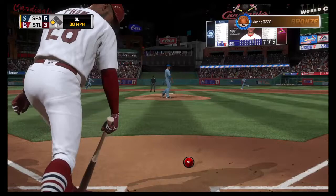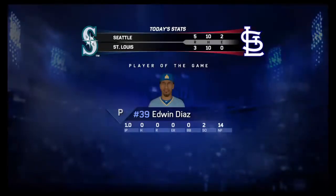Here it comes. And he strikes him out to end it here as they were able to get the possible tying run to the plate, but could not cash in. Well, sometimes that